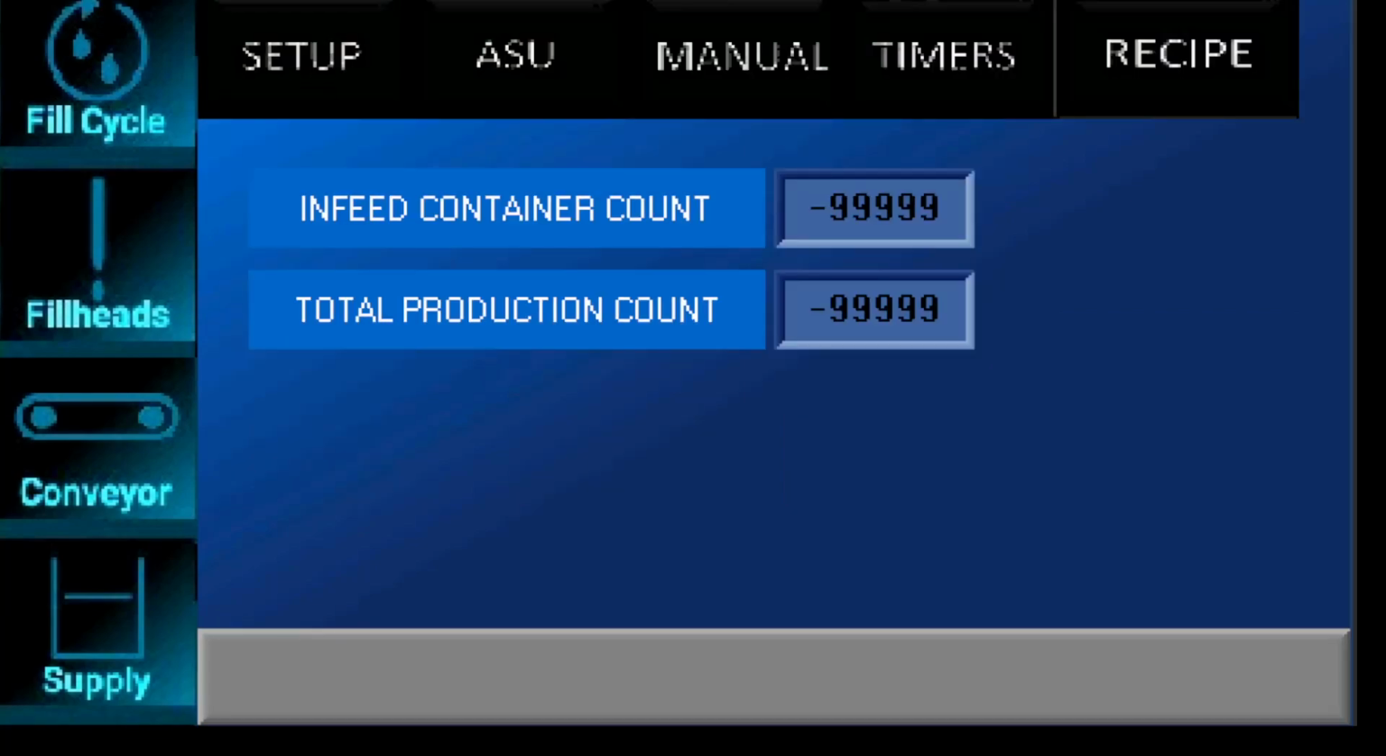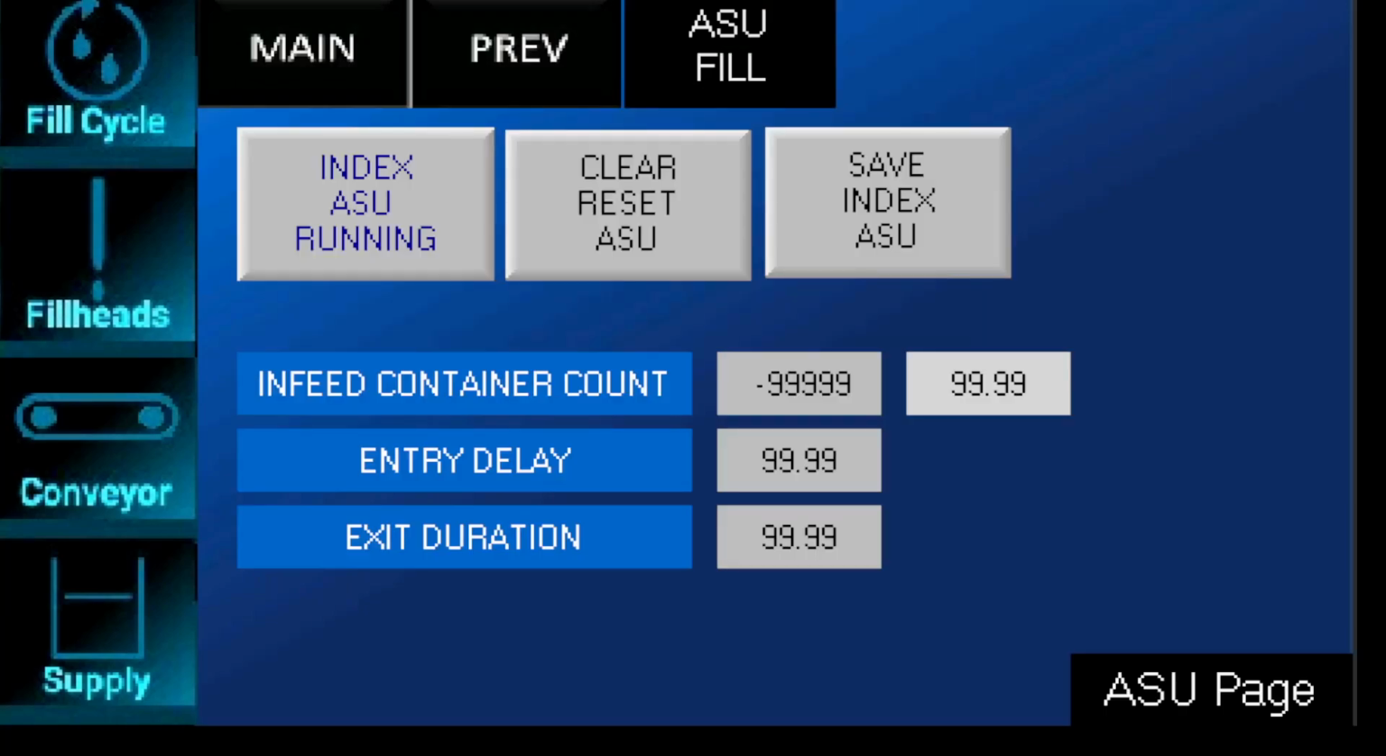If we go back to main, now we're going to go into our ASU screen, which stands for automatic setup. Okay, so if we're running a 4-head gravity filler, you can set up 4 containers upstream from the entry gate, so no bottles will be under your fill heads. You need to make sure that you have however many fill heads you have, or whatever your in-feed container